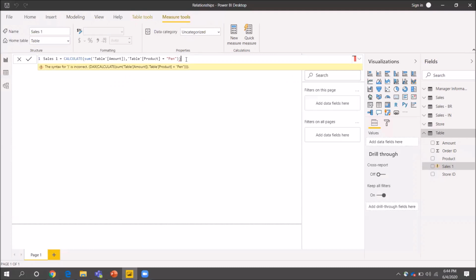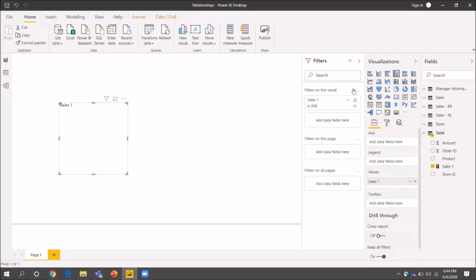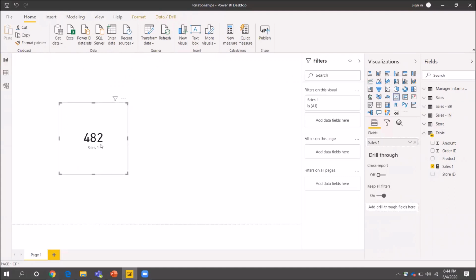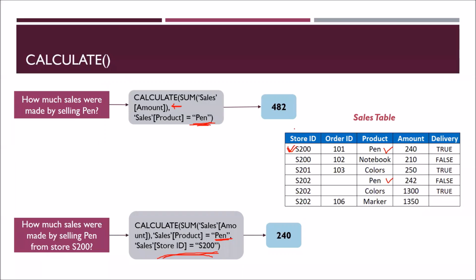I just put an extra bracket, so I'll remove it. If I drag the Sales 1 measure and convert it into a card, I can see the output as 482, which is exactly what I got here.